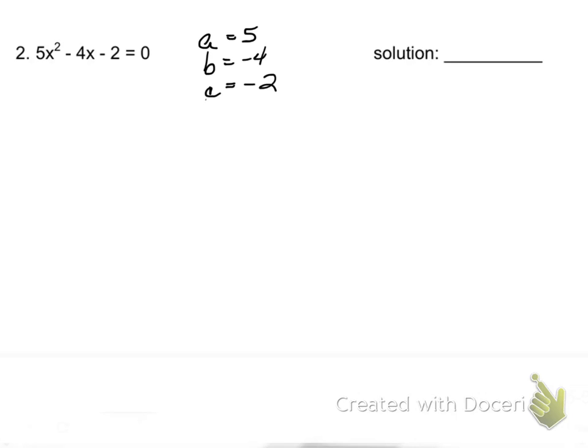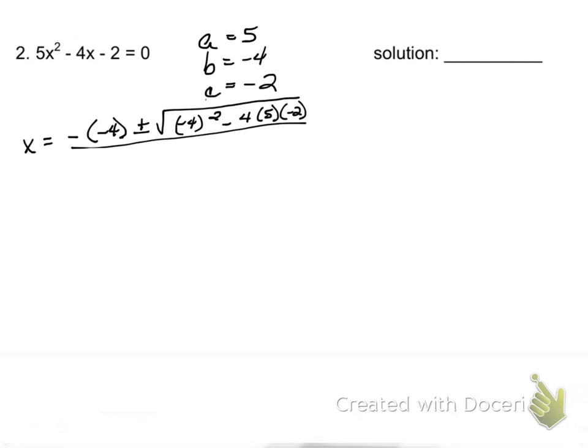Okay, so x equals negative b, so negative negative 4, plus or minus the square root. B squared is negative 4 squared, minus 4 times 5 times negative 2, that's 4ac, all of that over 2a, so that's 2 times 5. Okay. So we have x equals 4 plus or minus